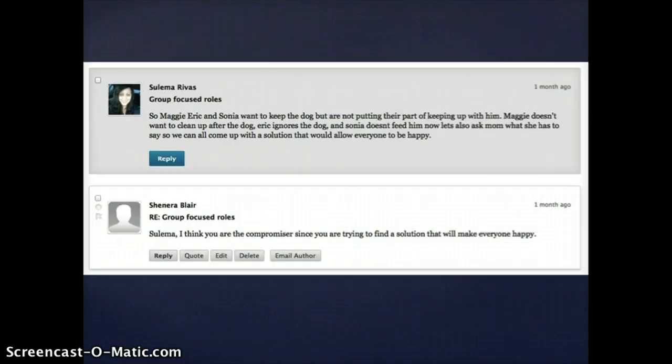Here's another example. So Maggie, Eric, and Sonia want to keep the dog, but they are not putting in their part of keeping up with him. Maggie doesn't want to clean up after the dog, Eric ignores the dog, and Sonia doesn't feed him. Now let's also ask Mom what she has to say so we can all come up with a solution that would allow everyone to be happy. And then you can see her peer is responding, "I think you're the compromiser since you're trying to find a solution that will make everyone happy." So just a fun way of shaking up the discussion a bit, trying different things, can really encourage